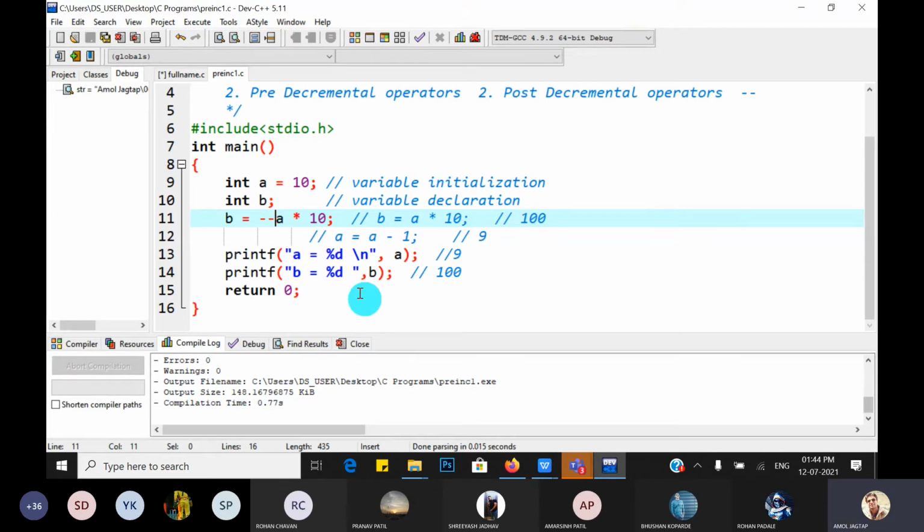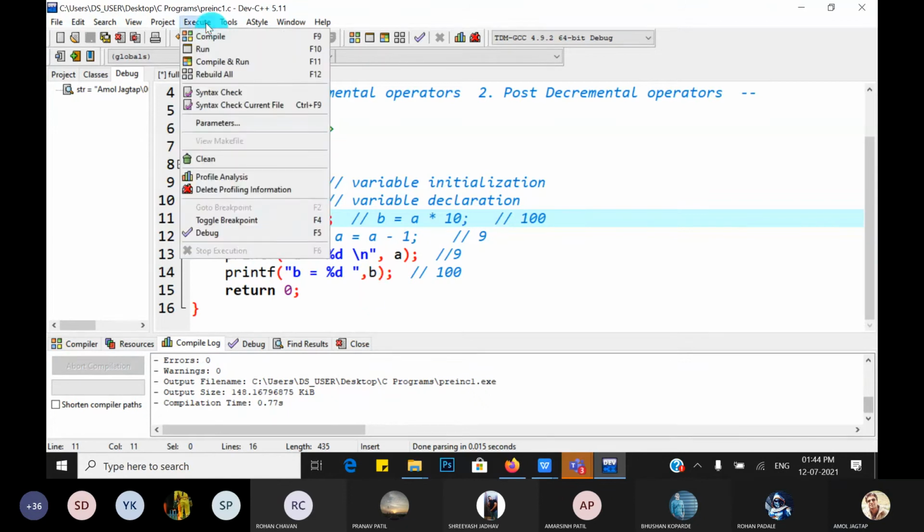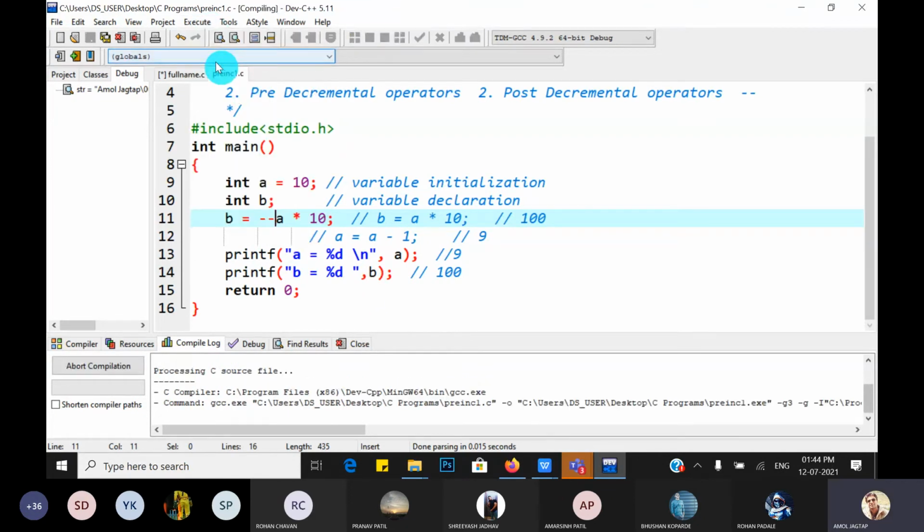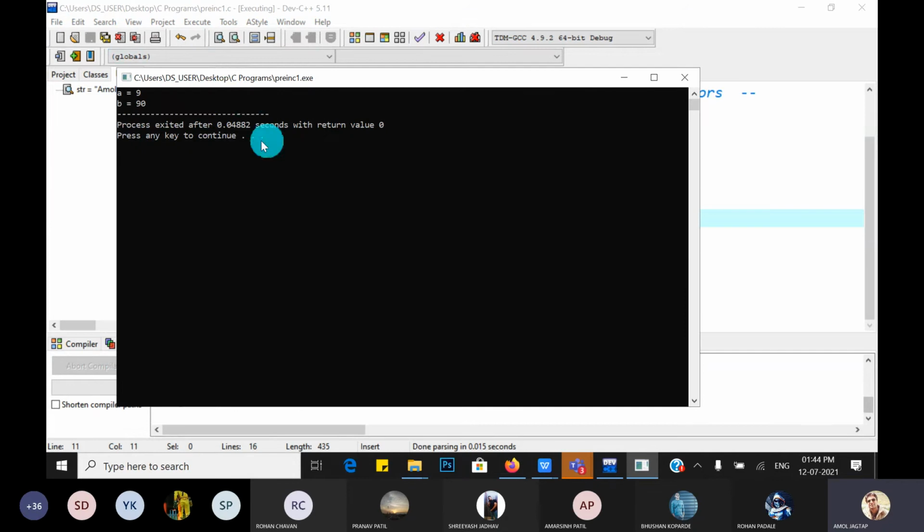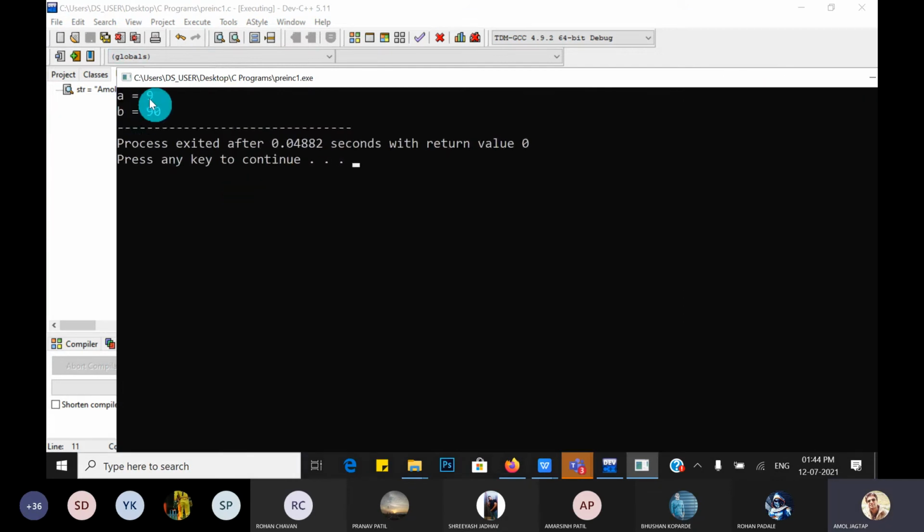So what is the output? Just compile and run. So A is equal to 9, and B is equal to 90.